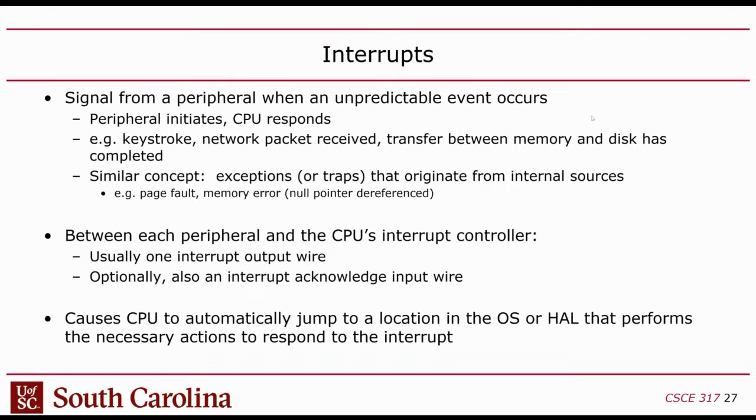The way it's physically implemented is that each peripheral has a wire that goes from the peripheral to the CPU. And sometimes the CPU has another wire, an acknowledge wire, that goes back to the peripheral. We'll talk about the distinction there in a second. But basically, you need a dedicated wire. Of course, you can have more than one per peripheral, but generally each peripheral has one. So the peripheral uses its wire to signal. When I say wire, I mean 1 bit. It uses that to signal the CPU, and then the CPU goes to its